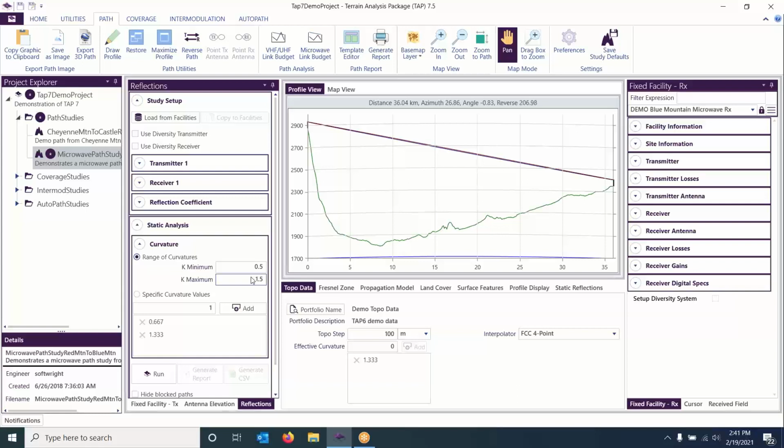Now, there's a third step. It actually runs back through the range of reflections and finds all potential local minima. So between the topo points, if there are points where you can have even Fresnel zones impacting the ground, it finds the reflection points and their respective curvatures and includes those in the list as well. So you get 3 sets of outputs when you run with range of curvatures. And I'll show you that here briefly.